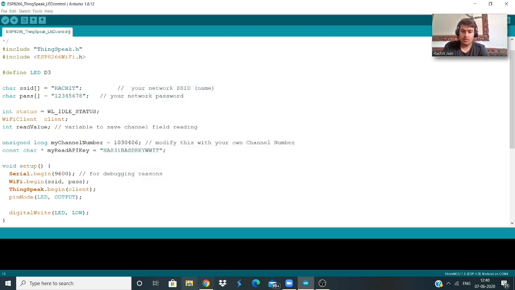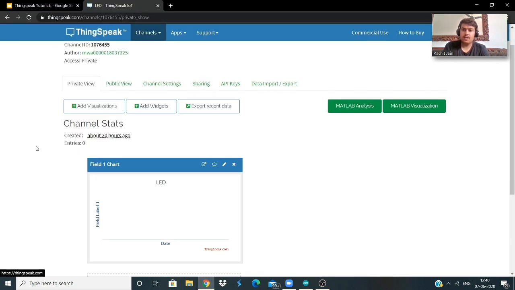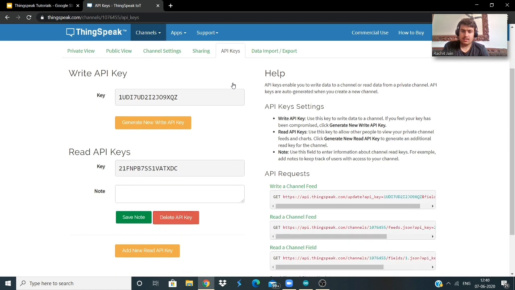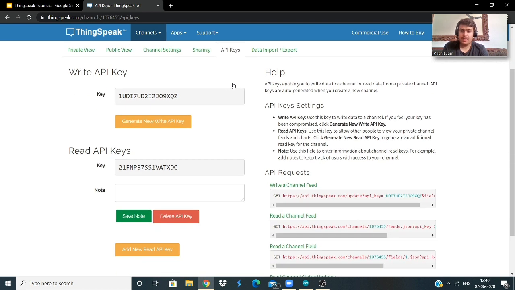After that, we have to go to our ThingSpeak channel. In the ThingSpeak channel, you have to go to the API keys. So yes, now I will tell you what the write API key is and what the read API key is. Write API key is used when you are taking data from your sensors and putting it on the ThingSpeak channel. So we have to write something in the ThingSpeak channel, so we will use the write API key. If we want to send some data from the ThingSpeak channel to our Arduino or NodeMCU, then we will use the